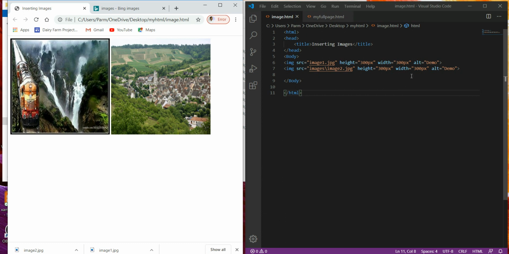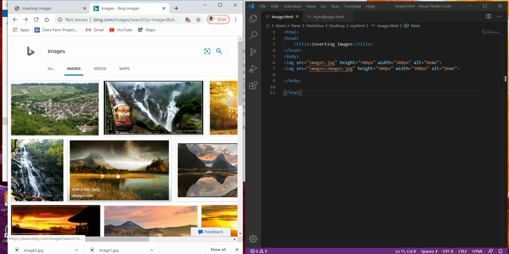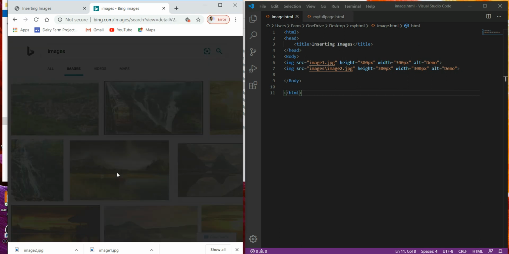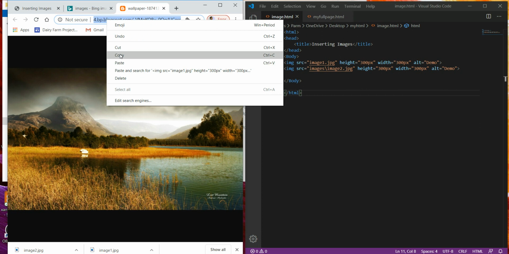Sometimes we have to take images that are saved in another server. Another server means the images are saved in a location that is not on our server where our HTML files are located, somewhere in another folder. For example, we take an image here, open this image, and click over here. Now this is the path of the image. Here we press Control A and copy.